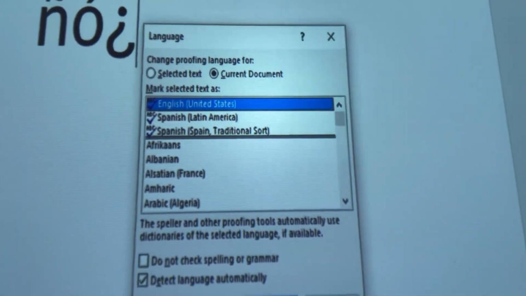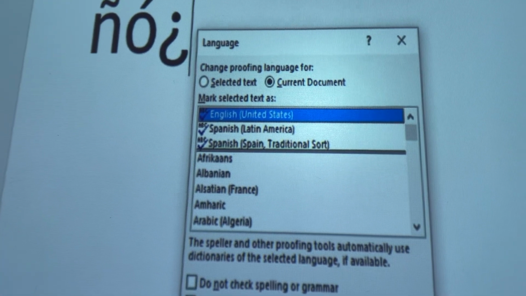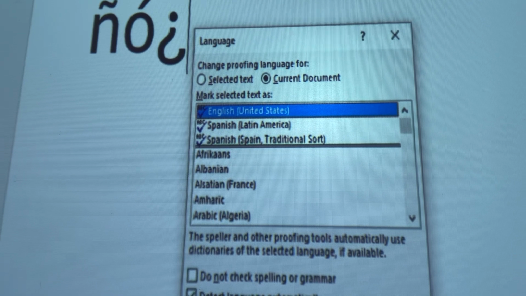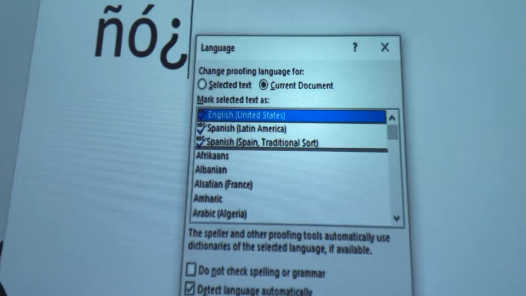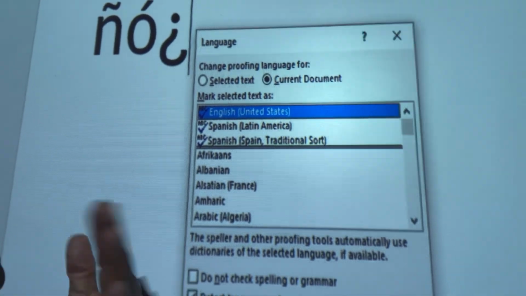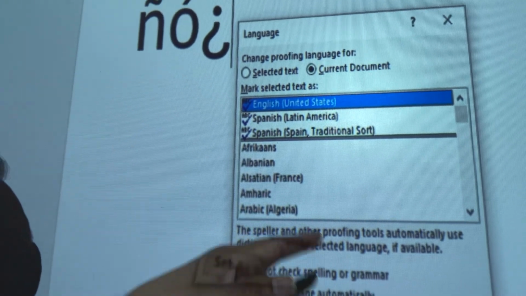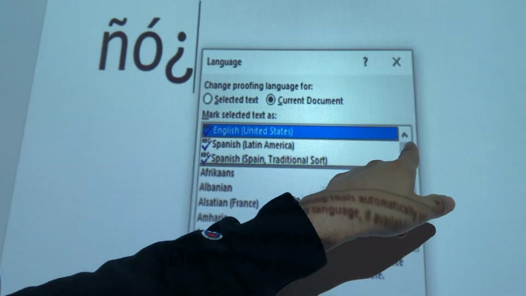And so, as you can see, just looking at the first couple ones, if you're doing something in Afrikaans, if you're doing something in Albanian, if you're doing something in Arabic, you can actually change Microsoft Word to work in those languages. Obviously, for this class, now, I've used Spanish Latin America and Spanish Spain, but if you,